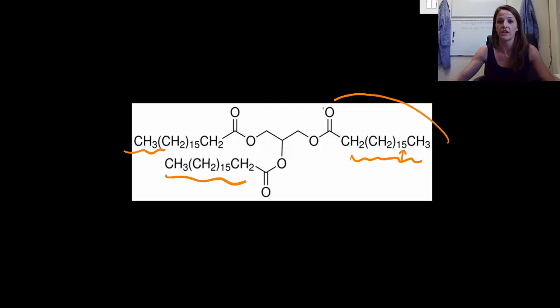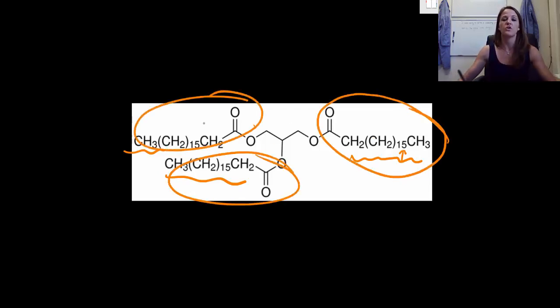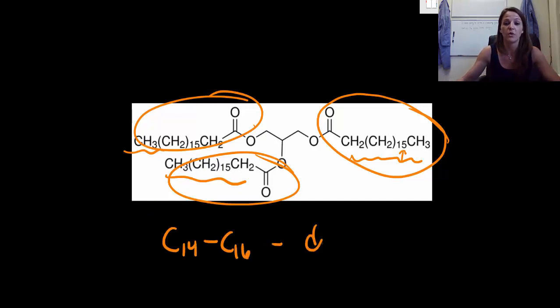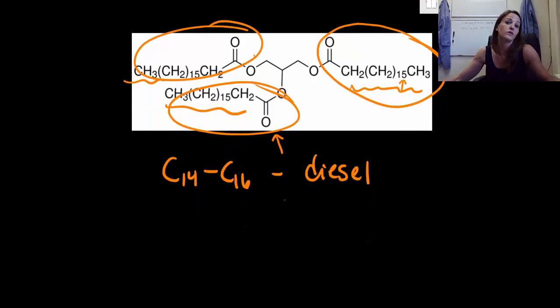So we would take something like this, we would take this one piece, take this piece, and this piece. So you have these big hydrocarbons and you break them down into smaller hydrocarbon chains, again containing that oxygen, so it's an oxygenated fuel source, but they are in the range of 14 carbons to 16 carbons because this is what we consider our diesel fuel sources. So we take triglycerides, we break them apart into our biodiesel, so these are your biodiesels, and then we use those as a fuel source, so that's kind of cool.